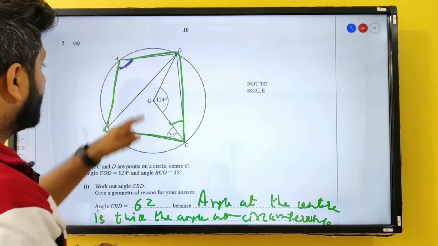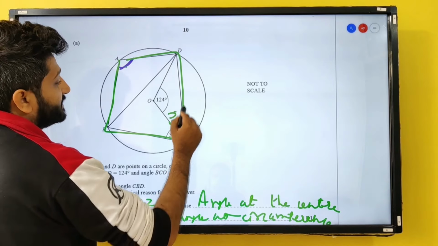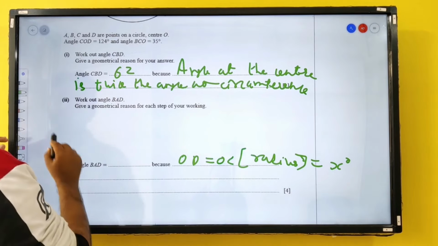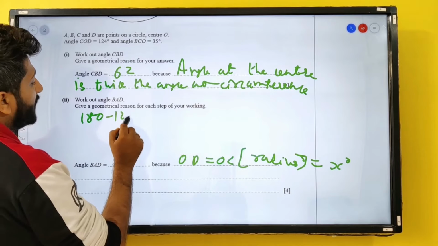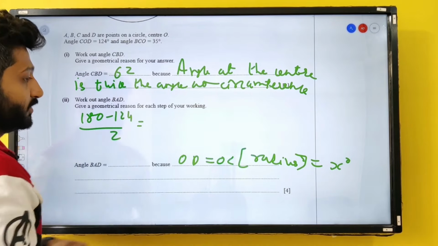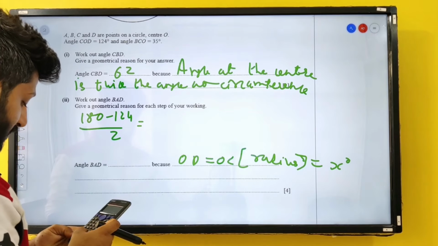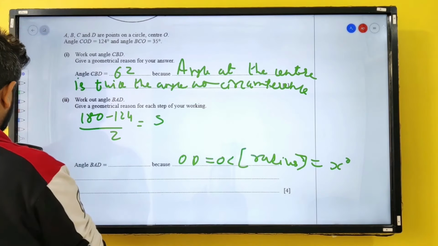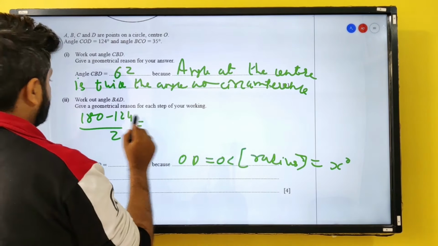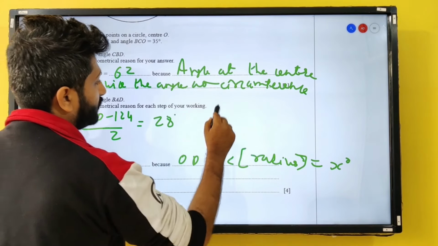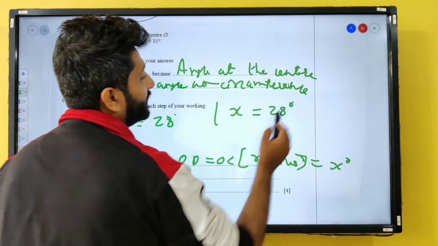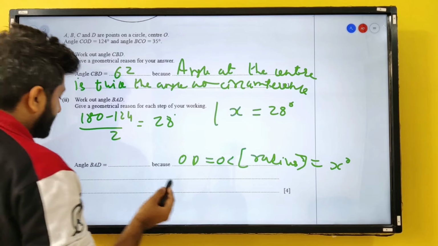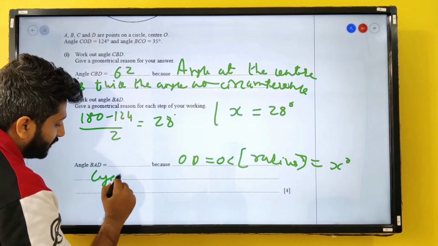So let me find this angle OCD. Let's say this is x, this is also x. So your angle OCD, or your x, is going to be 180 minus 124 divided by 2. So 56, not 58, sorry guys, it is going to be 28 degrees. So my x is 28 degrees. Now I am not done here. I am also supposed to find this angle BAD. So your angle BAD is going to be, as it is a cyclic quadrilateral,